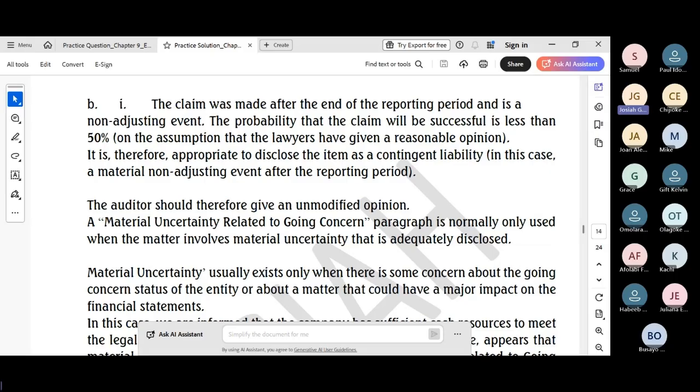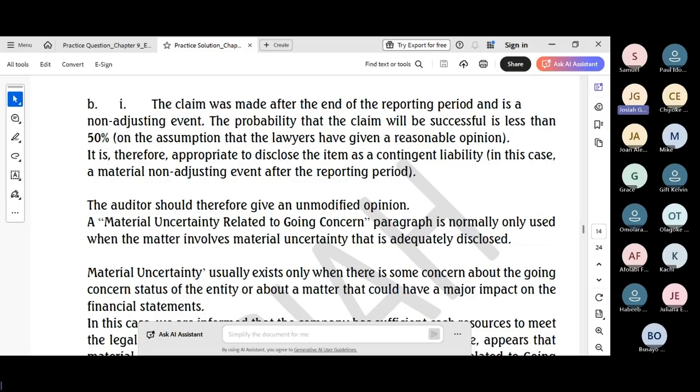So the contingency rule is, remember that the IAS 37 rule is that if there is a probable event that is certain, like the question we saw previously, then the provision must be made for a liability. But if there is possible crystallization of that event, there's a contingent liability. You only need to disclose. Then if there is a remote issue, there's no need for disclosure.